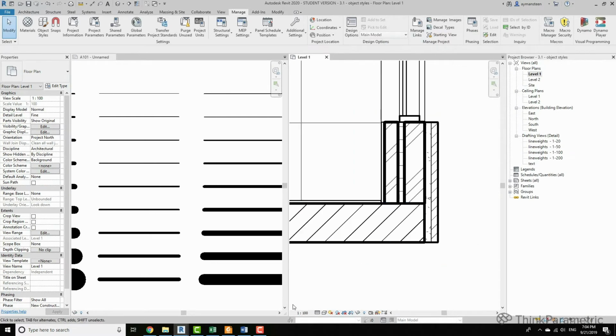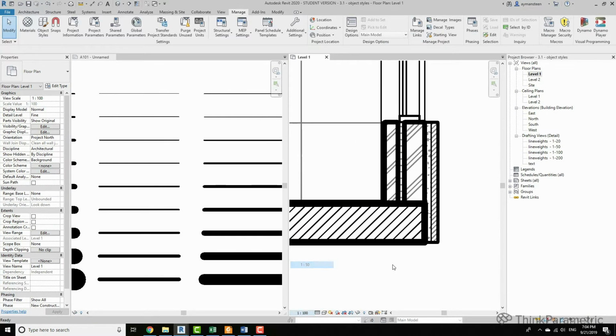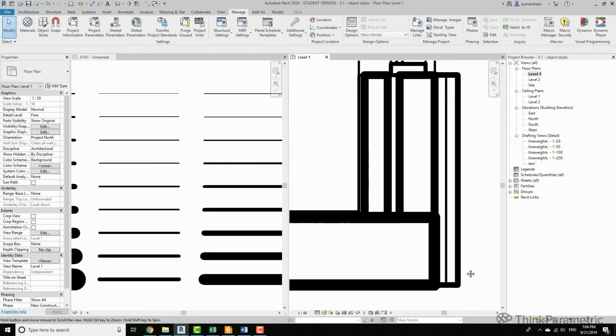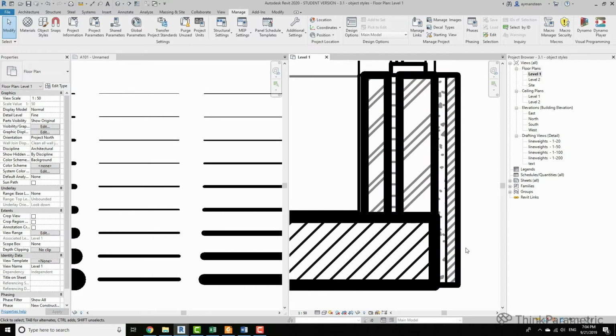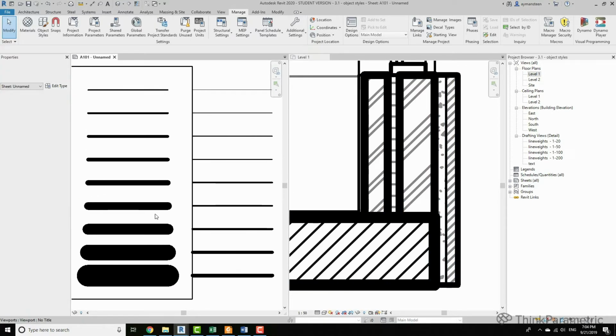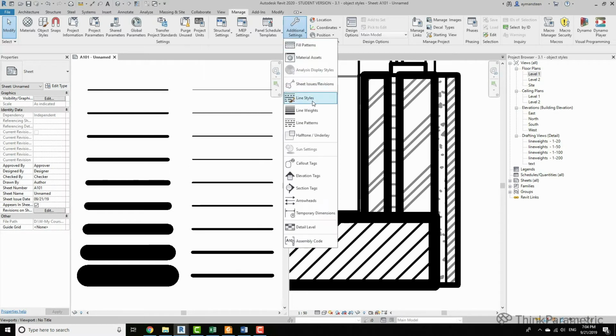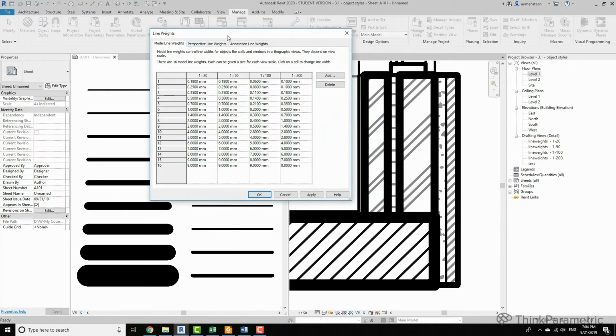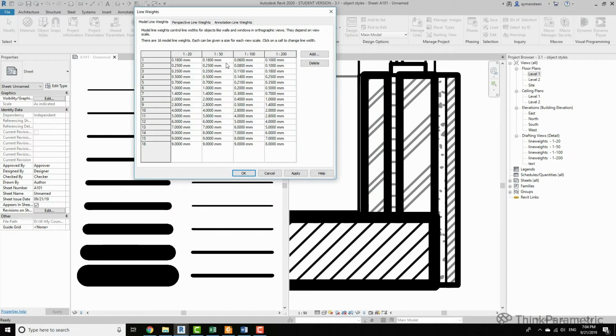Let's change our plan to scale 1 to 50. Here you can see that the lines are too huge and ugly. To fix this, let's go to the line weight settings and calibrate the line thicknesses while looking at the wall. Starting by reducing the line slot values, slot number 1 is also related to fill pattern line weight.